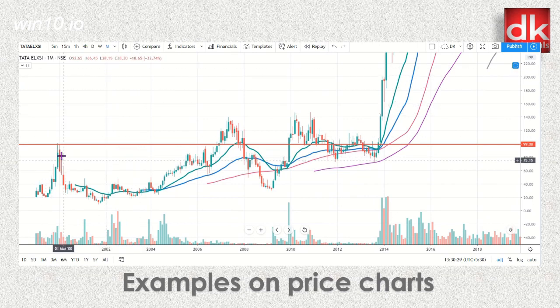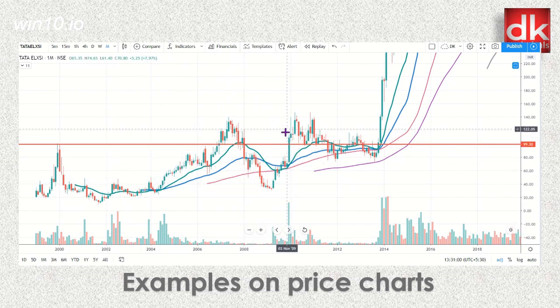We can see the price from the level of nearly 200 has fallen to the low of 11 rupees. So massive fall, vertical fall, then the price started recovering here. It has given a breakout, but here the entry price did not trigger. We can see the next month candle did not trigger the entry price. So we were not into the trade, waited again, and then finally price plunged within the demand zone.